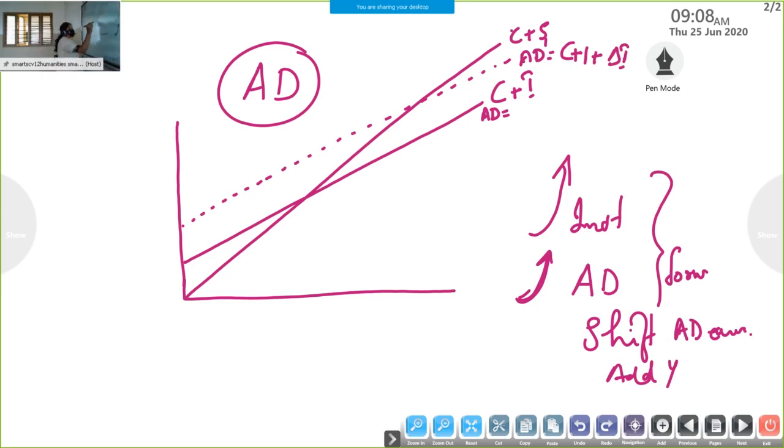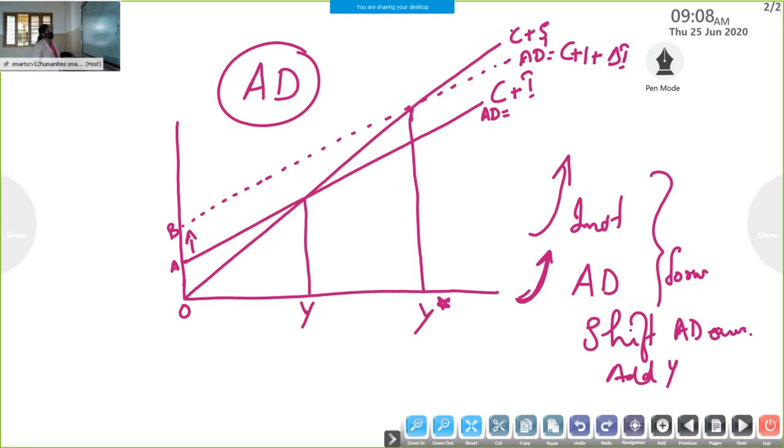Okay, here the initial equilibrium level of income or GDP is OY. When investment increases, aggregate demand shifts from, suppose I am giving here A, B. So aggregate demand shifts from A to B. That causes a new level of GDP, that I am giving here Y star, because of increase in investment.